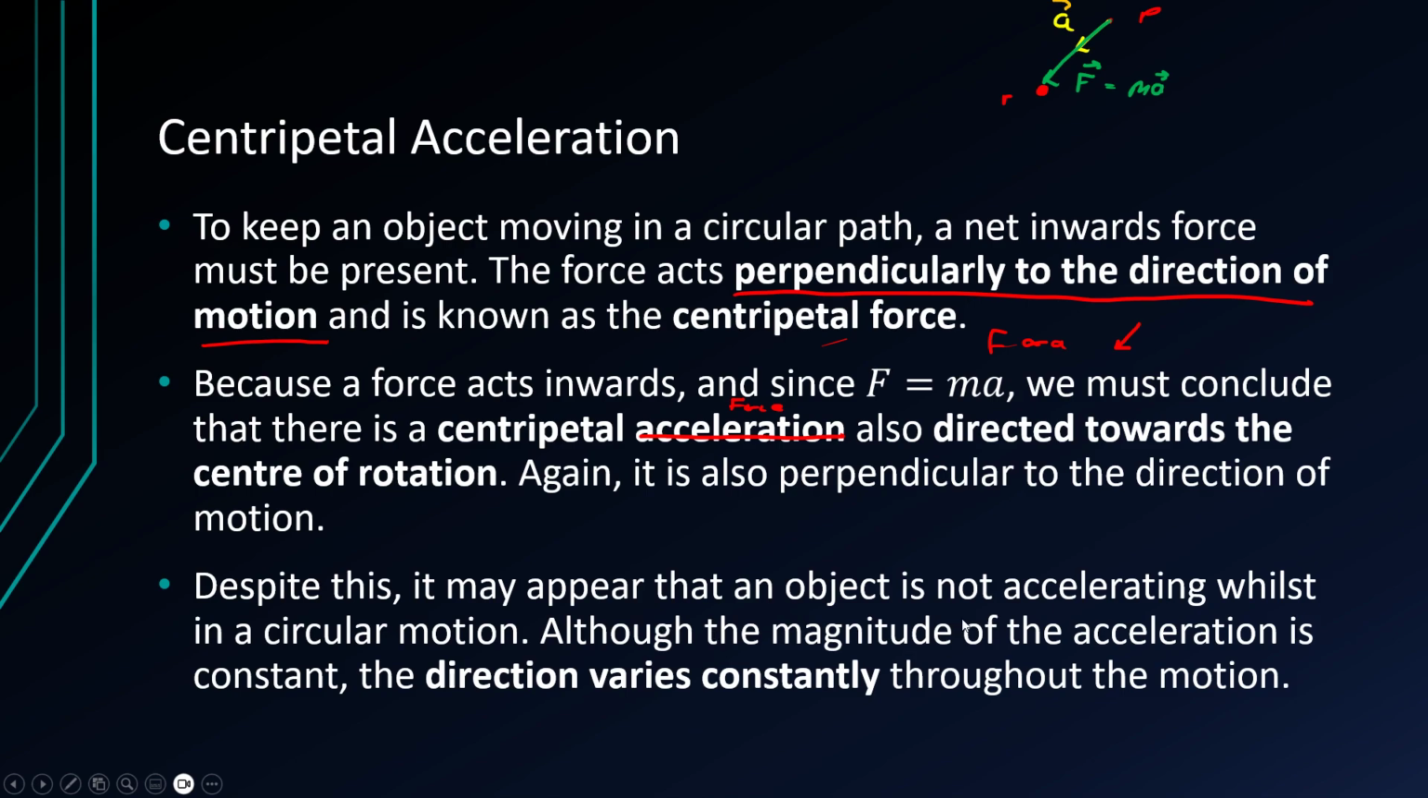So despite this, it may appear that an object is not accelerating while in circular motion. We're dealing so far with uniform circular motion, which means the object isn't speeding up. But even though the magnitude of the acceleration is constant in uniform circular motion, the direction varies constantly throughout the motion. So even here, the force is directed here, but if the particle were over here in this same arc,